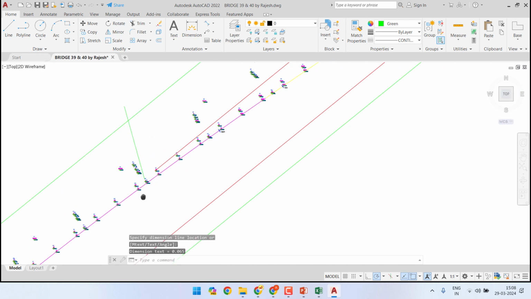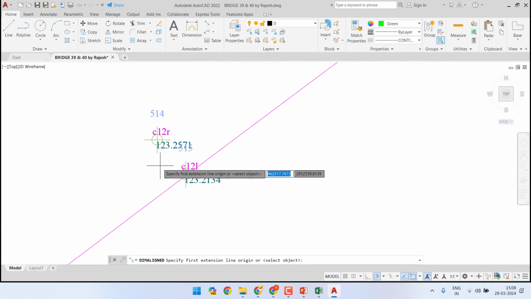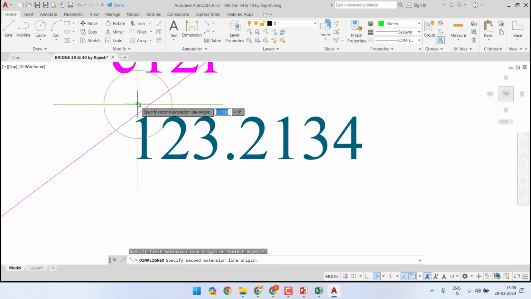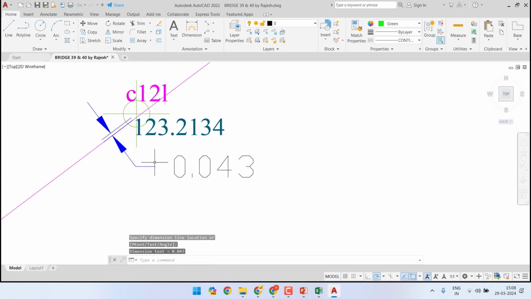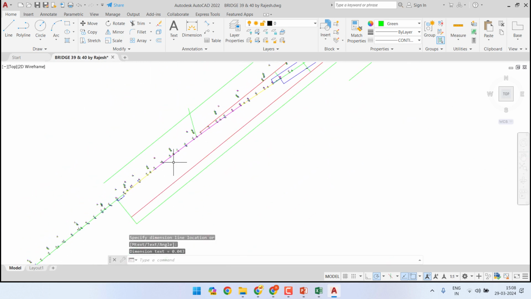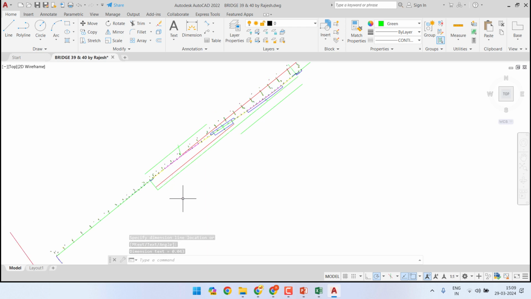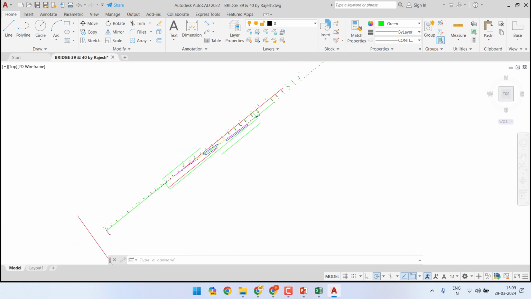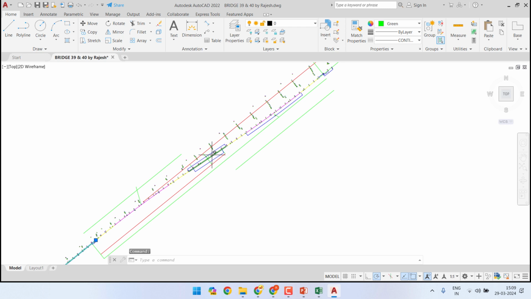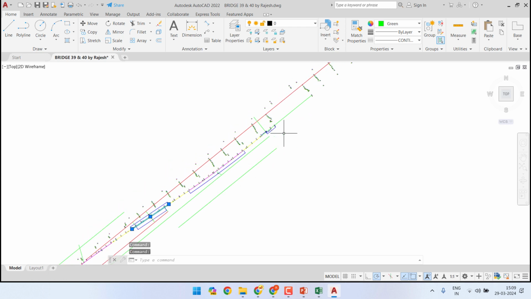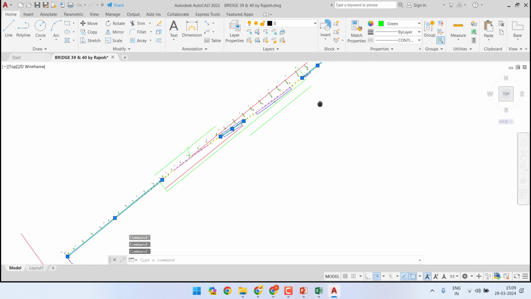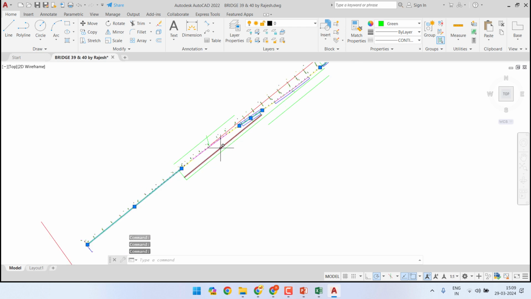65 mm, likewise here it is much smaller, only 43 mm. So you see what we did, we have this terminal tangent, this middle straight portion, and this the first terminal tangent. We have these three tangents, and we have the curves and overall reverse curve properly aligned, having degree of